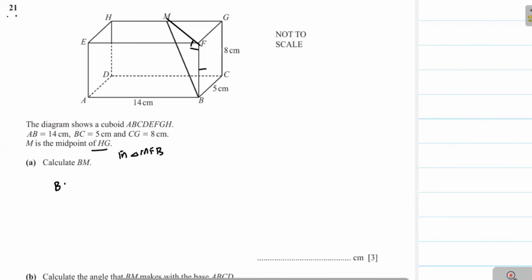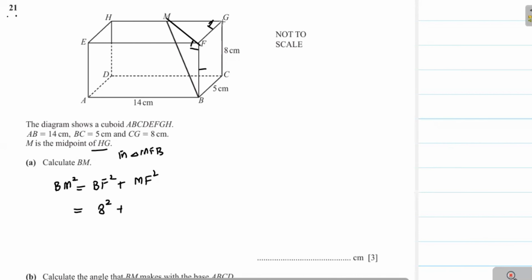Therefore, we can write BM square equal to BF square, the perpendicular, plus MF square, the base. You see here the BF length is equal to CG length, that is 8 centimeter. We write 8 square. This length MF we can calculate from the right angle